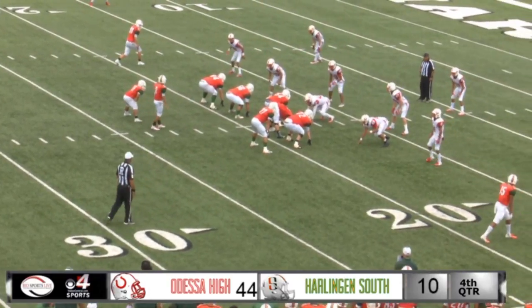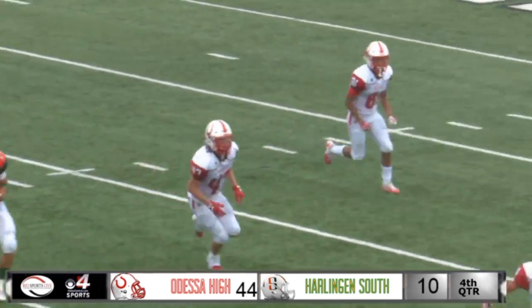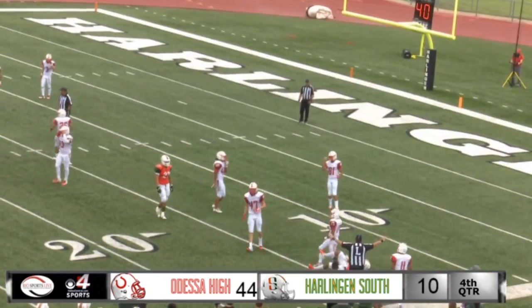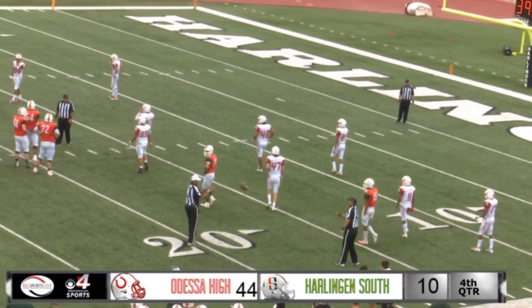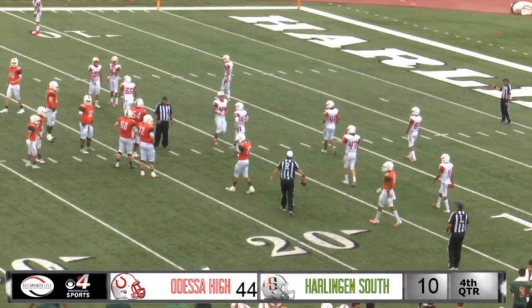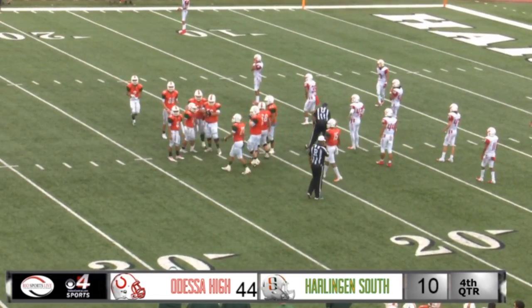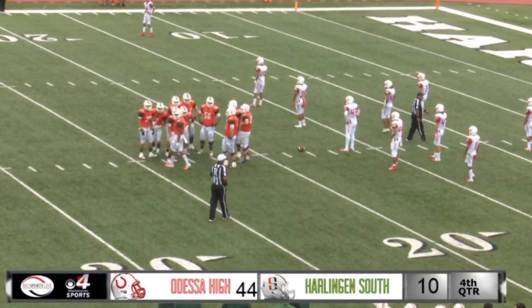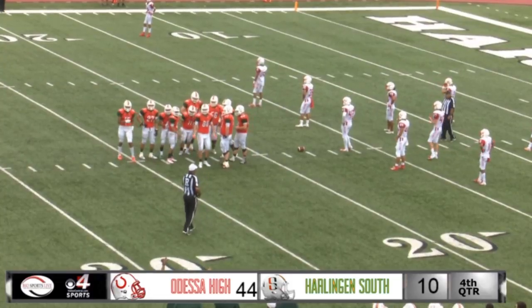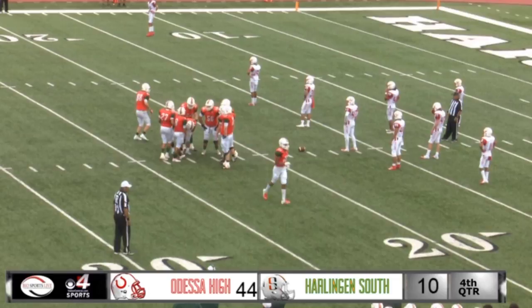David Torres, the field general, gets a command out, and here we go. Wants to pass quickly, and that's in and out of the hands. I think that's Delgado, incomplete pass. It is Delgado, the number 1 receiver, the number 1 target there. Throws it, and just like you said, in and out of the hands. Got him, and then the defender was right there. I think he hit him, might have knocked the ball loose a little bit, and then it just ended up becoming a drop. 3rd down and 7 now for the Hawks, and again 7:23,